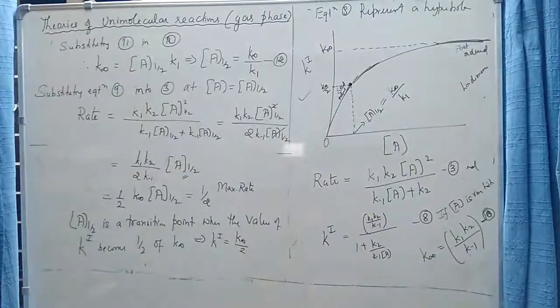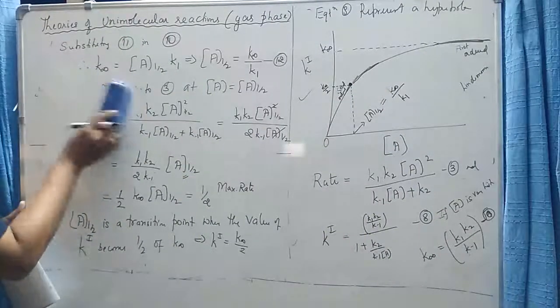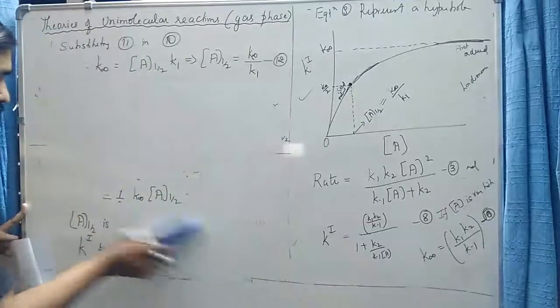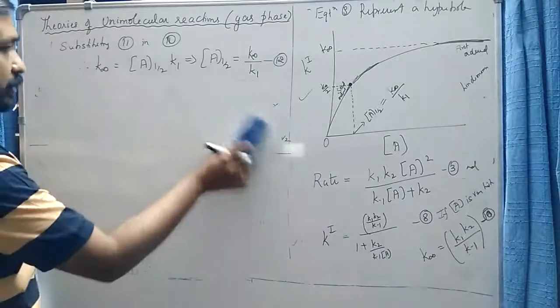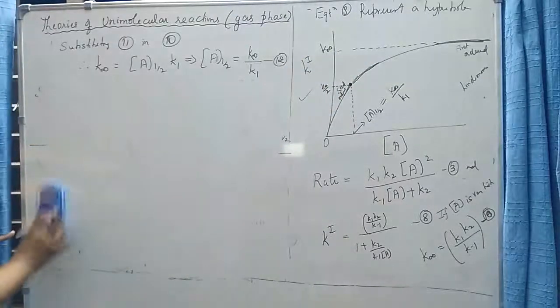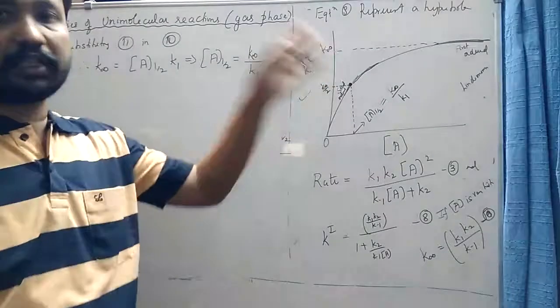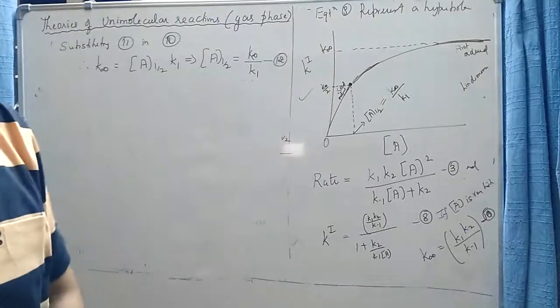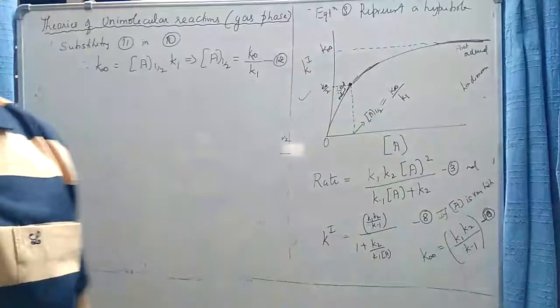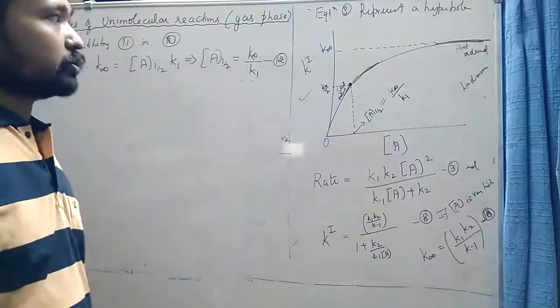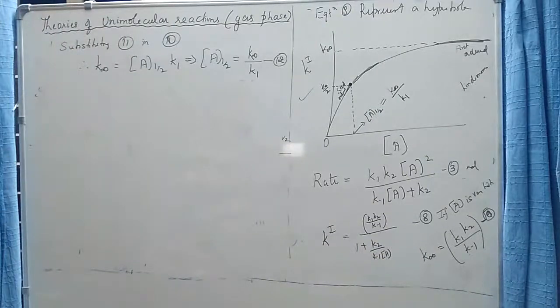So far so good. Okay, Lindemann's theory first disproves Perrin's theory. According to Perrin's theory, the reaction should have been a first order reaction. It means this graph should have been a horizontal graph, that is k1 should have been independent of concentration, but from the diagram we see that k1 is dependent on concentration. Okay, the relation is actually hyperbolic in nature, and this is an experimentally obtained graph. Theoretically we get the same graph. So far Lindemann's theory is supported by the experiment, or Lindemann's theory explains the experimental observation.